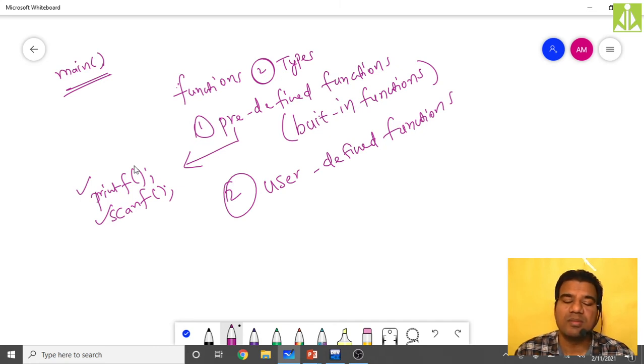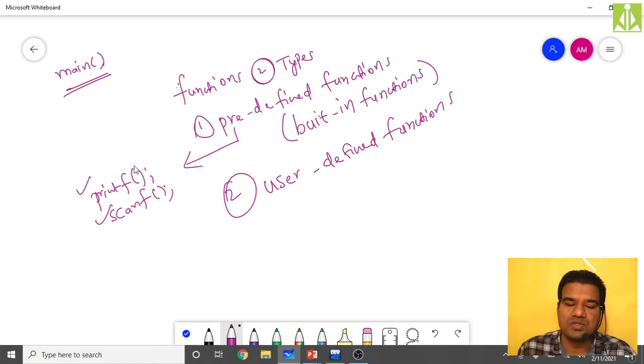Okay, so remember predefined functions. The developers are responsible for these predefined functions. We are not coding any code. We are not writing any code for these predefined functions. So that's the reason they are predefined: before using, they are defined. So that's the reason predefined, built in. Okay, with the program library, they are coming, so built in.